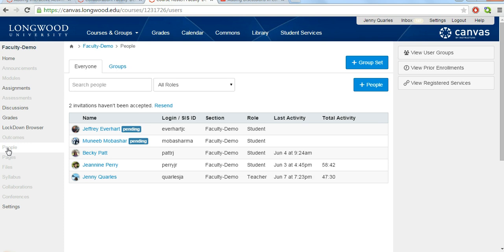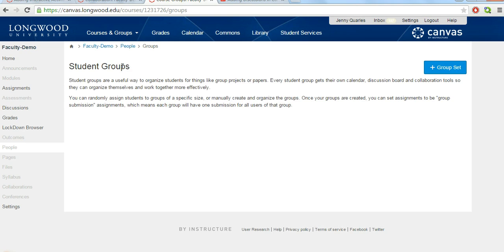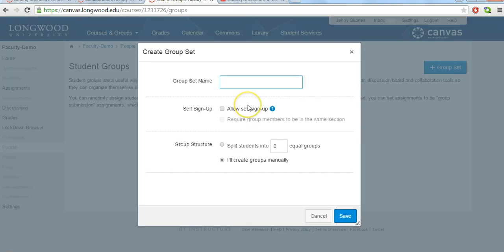Once in the People link, you can see that you can add a group set, and you can also click here to see if you have any existing groups. I do not, so I'm going to go ahead and add that group set. I'm going to call the group set Demo Group 1, and I can choose to let students sign up themselves,